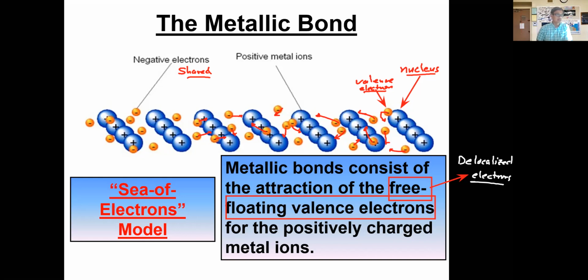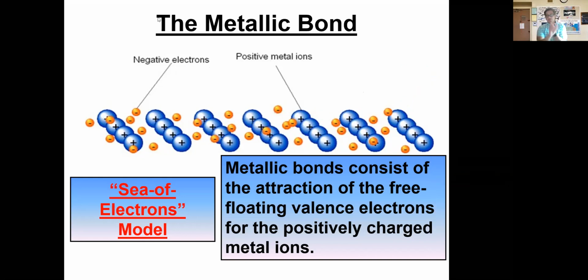Okay? So let's go ahead and take a look at what we have. Let's review what we know about metals. We talked about this back in chapter 6. We know that metals are good conductors of electricity and heat. We know that metals are malleable, which means that they can be shaped into different shapes. They're ductile, which means that they can be stretched out into very, very thin wires. They're good at reflecting light, and they're solids at room temperature. Those are some of the characteristics that all metals share.